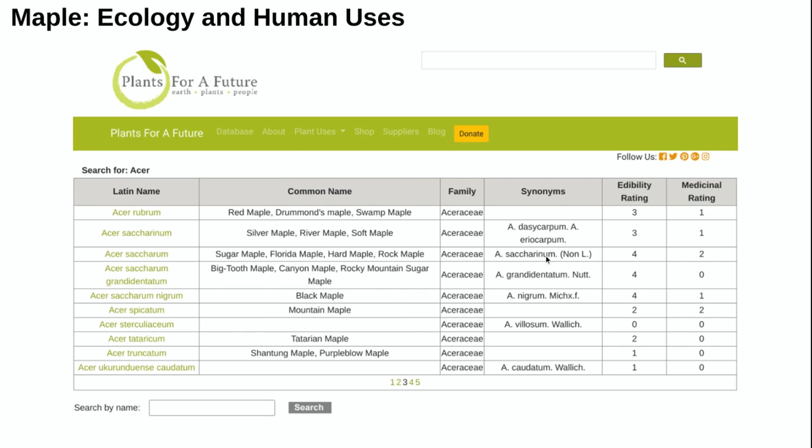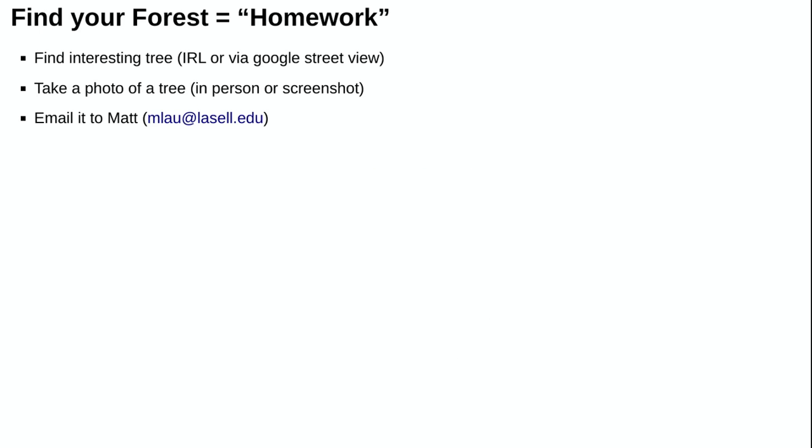All right, so the next thing I wanted to cover is the homework. So now, if you've watched the other video on using Google Street View as a virtual guide to urban forests, and now that we've gone over the Plants for a Future in the Tree of the Week, so the homework that I would like in this series of the Find Your Forest assignments is, for this one, I would like